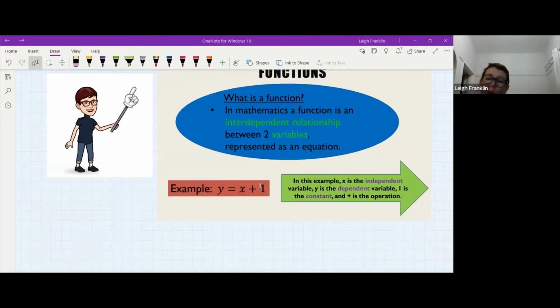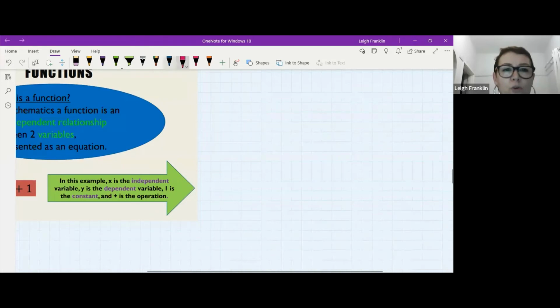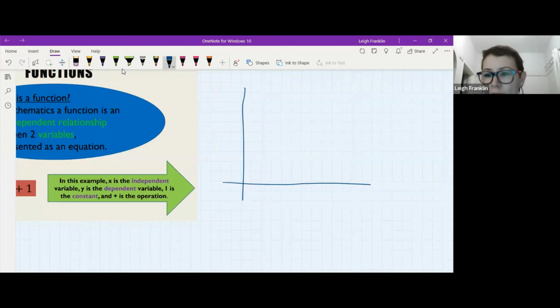Okay, so when we talk about a dependent and an independent variable, we are talking about one variable that basically changes in relation to the other. All right, so most of the time what we say is that the x variable is the one that's going to be independent. So let's take an example over here, when we were talking about your airtime and the cell phone. So if I draw a graph, and this is my horizontal axis called my x-axis, and this is my vertical axis called my y-axis,